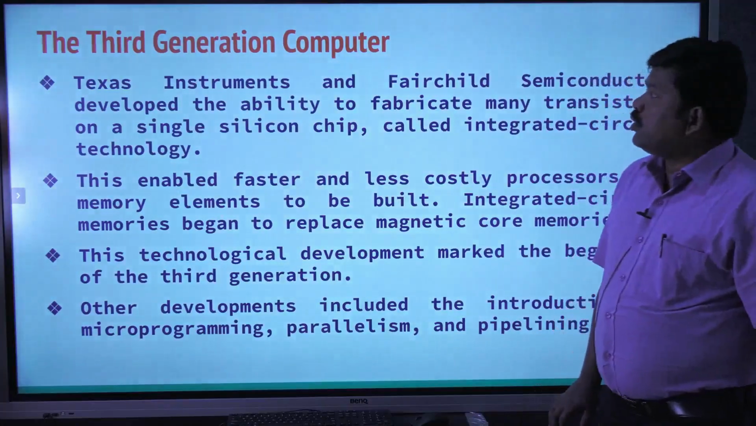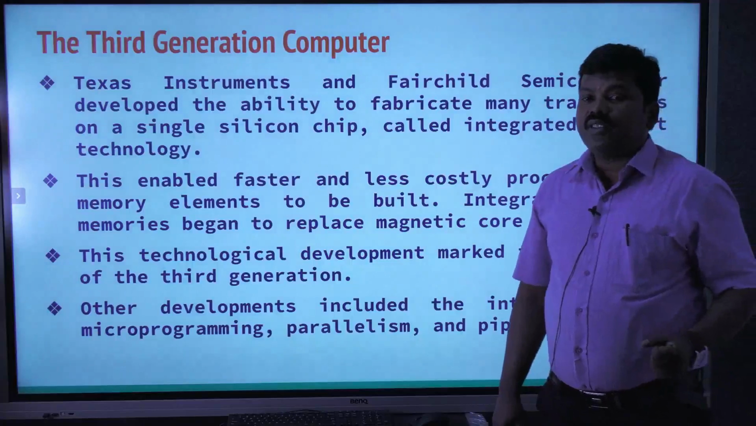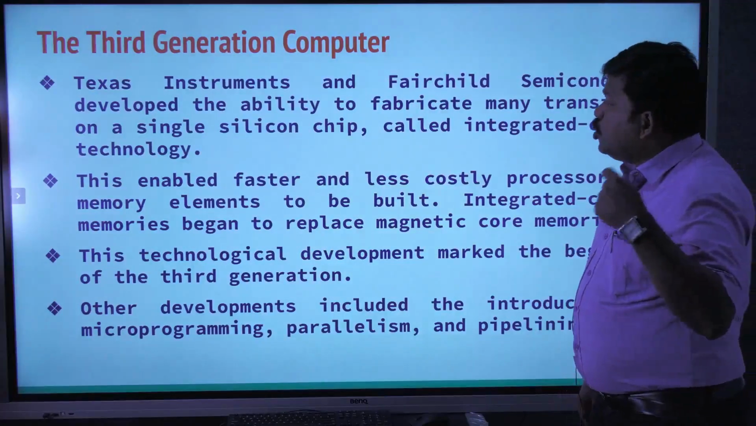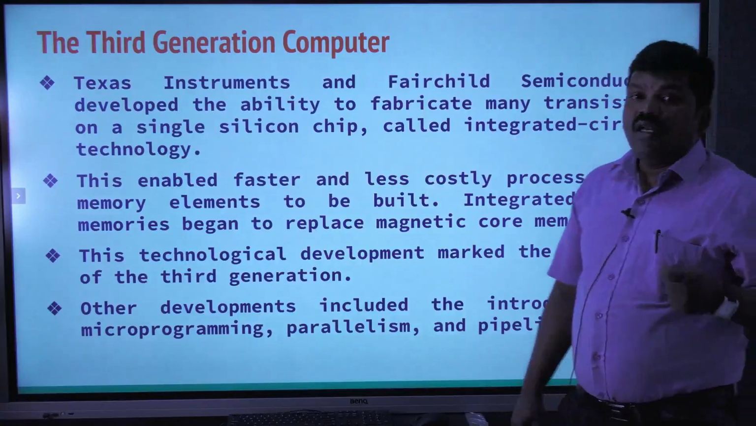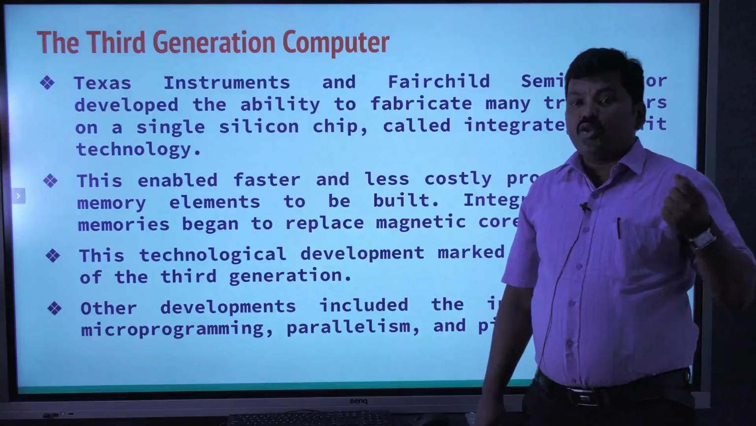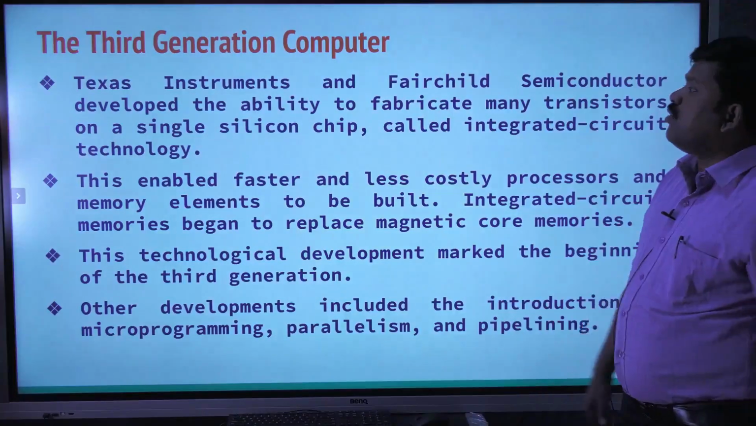Next, we will move on to third generation computers. From the second generation computers, the mathematicians identified that the usage of transistors increases the speed of processing. At the same time, it reduces the noise and also reduces the size of the computer. Because of these advantages,